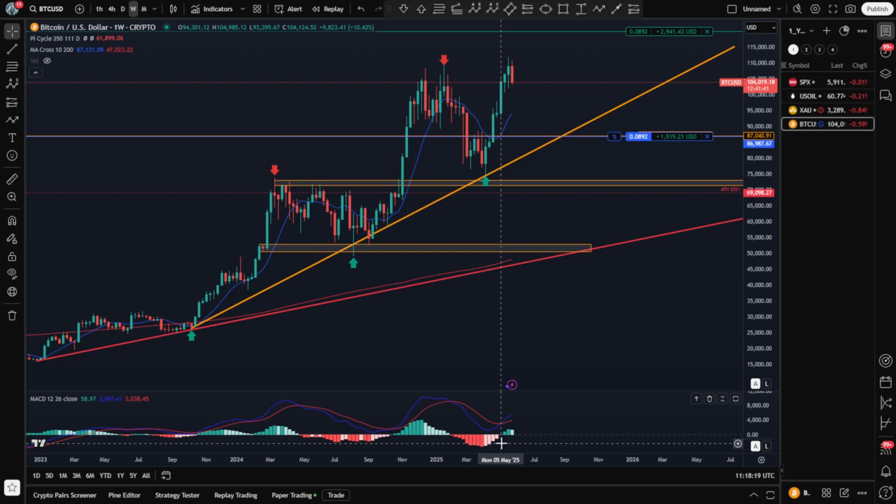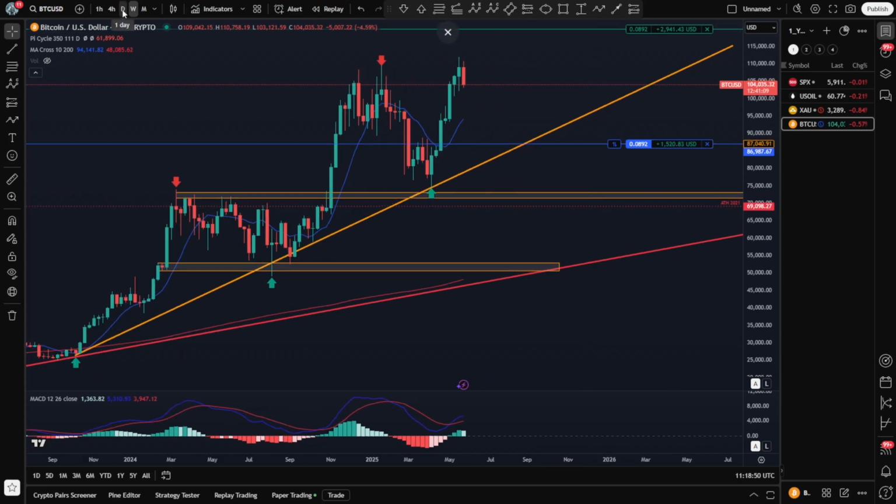The one thing that we could argue could develop is a turn and a cross to the downside. Then we have a higher high in price, but a lower high in the MACD indicator, that would give a divergence of price to MACD, and that would be a bearish sign. But so far, MACD hasn't crossed on the weekly to the downside, so price can still continue. I'm long, like you can see, and I will explain my trade, like in past episodes, in more detail at